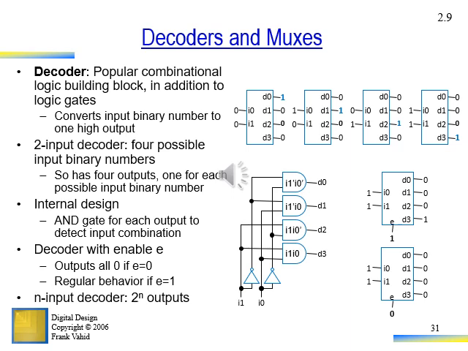So if a decoder has an enable input, it means that if the enable is 1, then you can get the output from the decoder. If the enable signal is 0, then you will get 0 at all the 4 outputs of the 2 to 4 decoder.